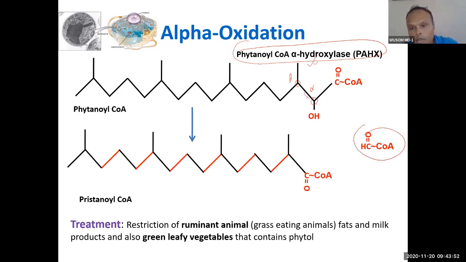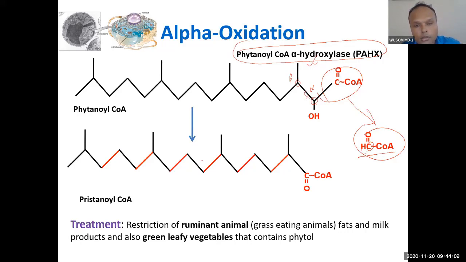So this is formyl coenzyme A. You can see it has only one carbon, with H. This is called formyl coenzyme A. Now, after removal of this, you can see the oxidation of this phytanic acid will occur similar